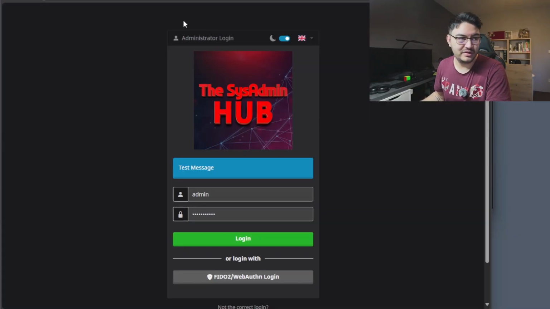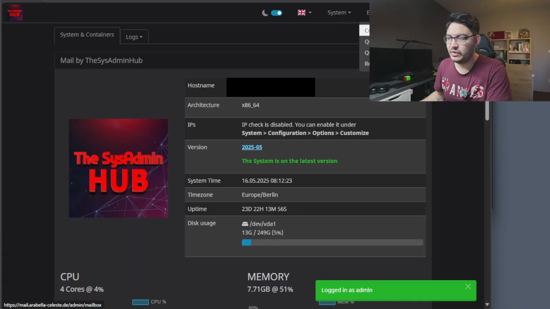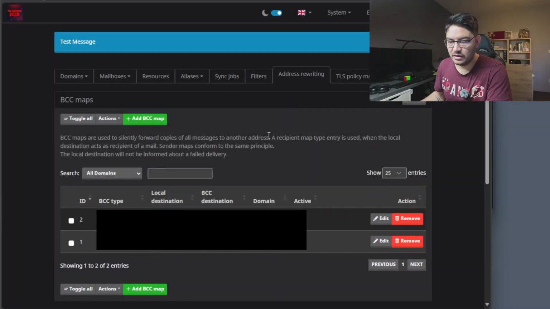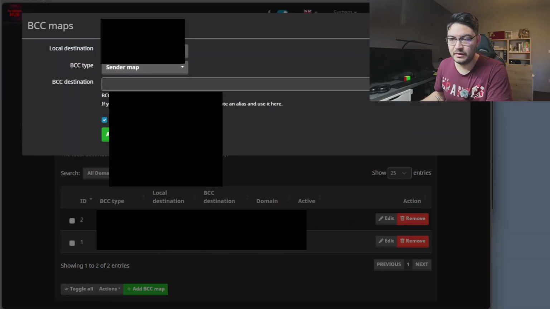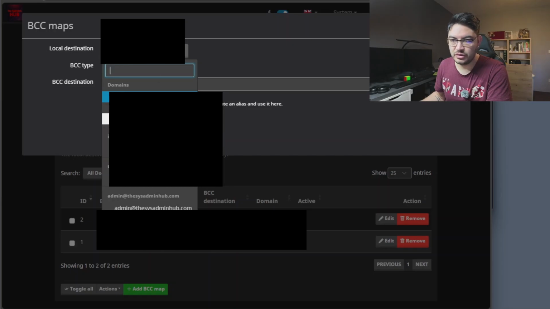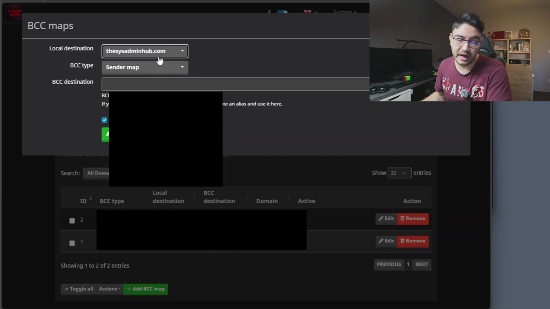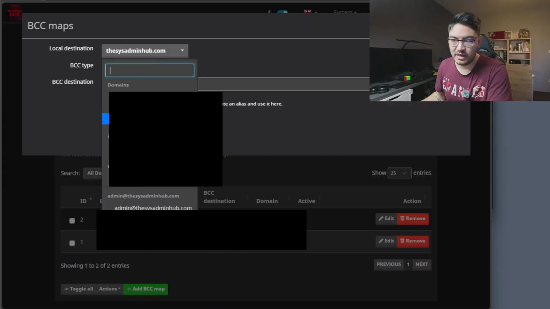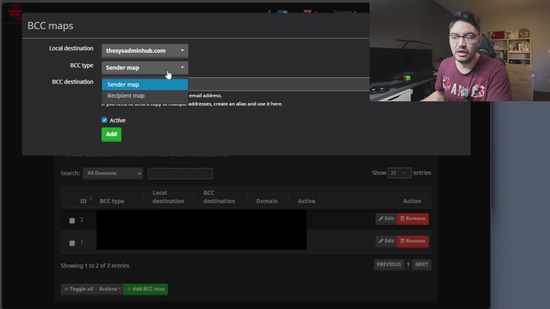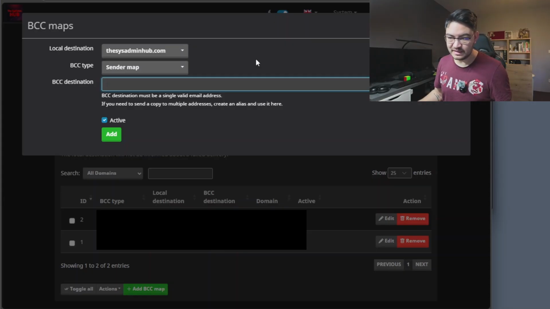And in the Mailcow itself, you need to log in via your admin login. And then we can go to email and configure, and then go to address rewriting. And in here, you can add a BCC map. So you're going to choose your domain, which one you want, either a domain or even just a single mailbox, but I want it for the whole domain, and then the BCC destination will be archive@mailpiler.com. Let me copy this one. We add this,